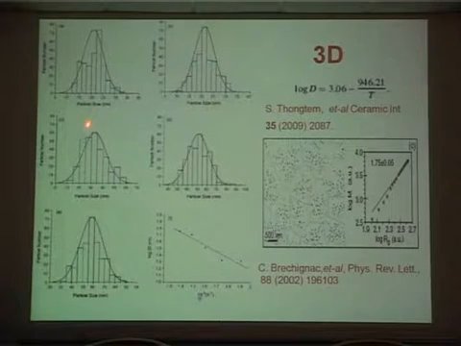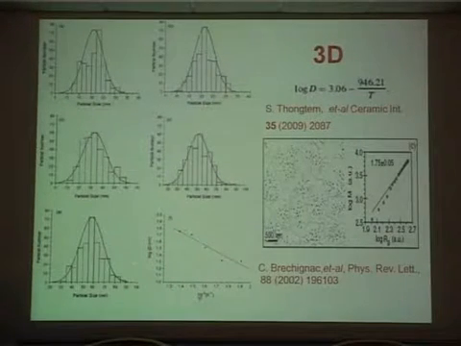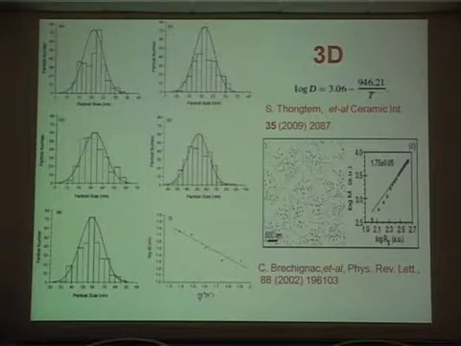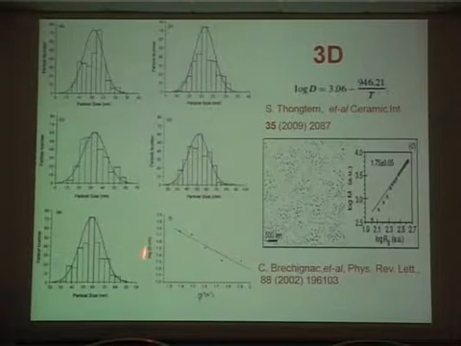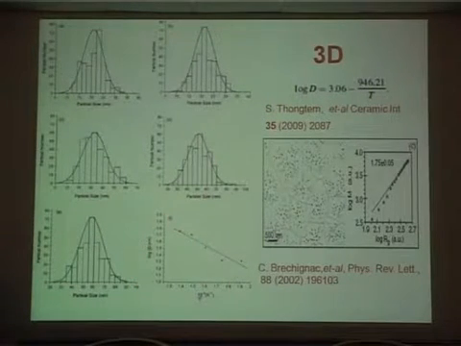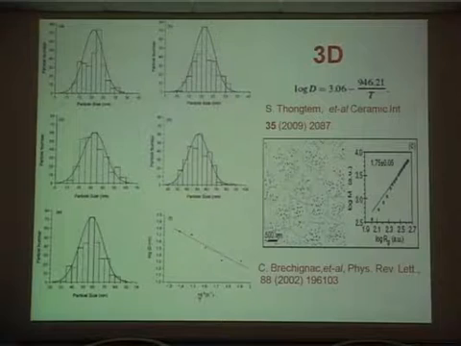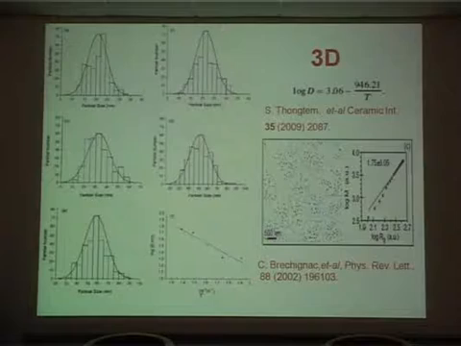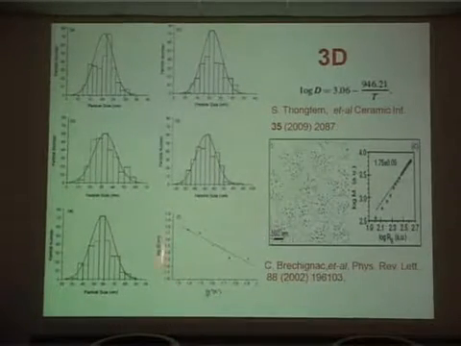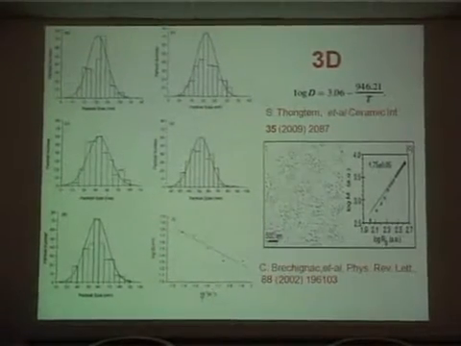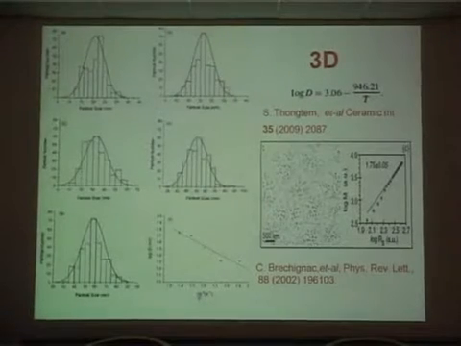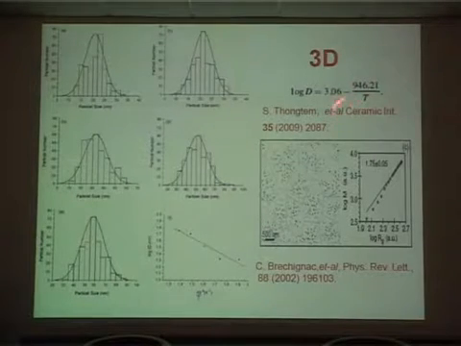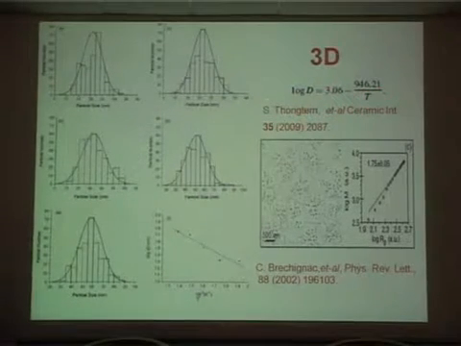But they have done it at different temperatures. This is the plot, and the governing factor is temperature. Here the governing factor stays in the denominator. If they plot log D versus the dimension, it forms a straight line. So the key feature is that in the case of nanorods and nanopores, the dimensions of the rod follow straight with the concentration or the anodic voltage. But in the case of 3D, the governing factor stays in the denominator if we take the logarithm.